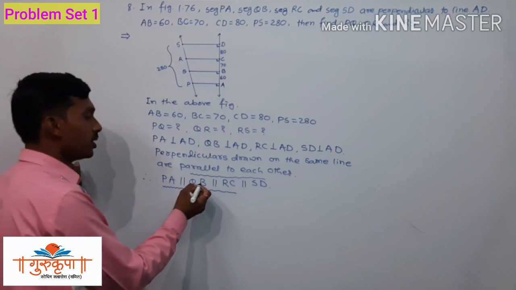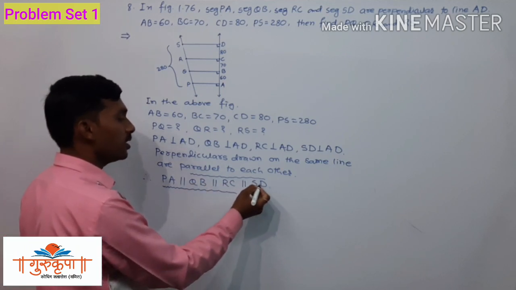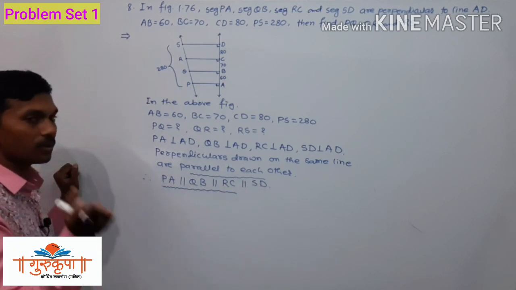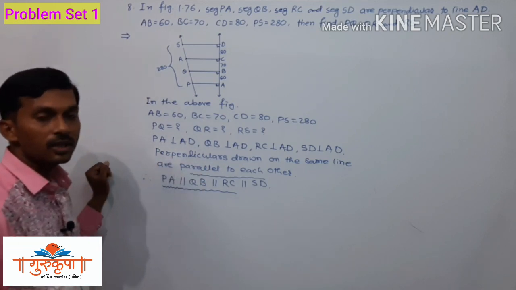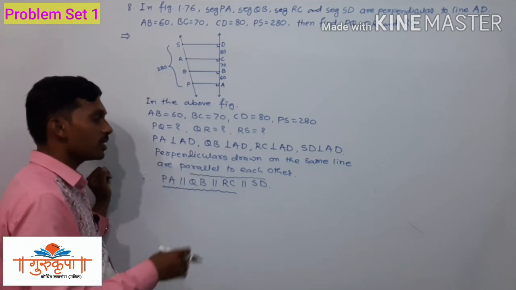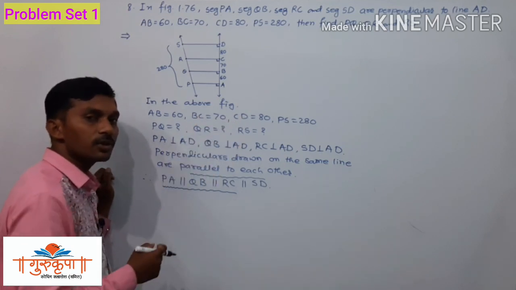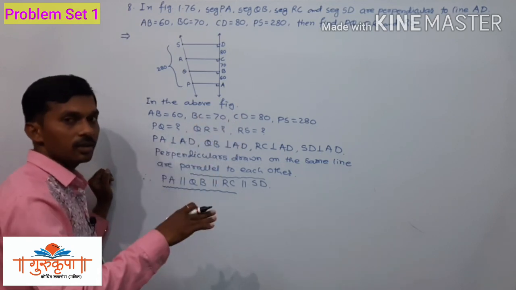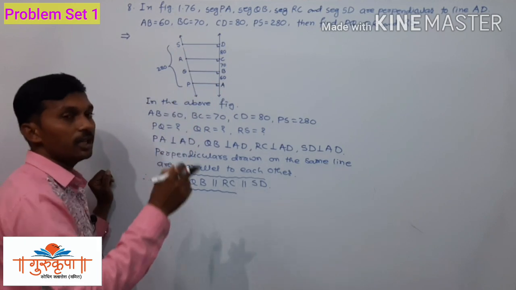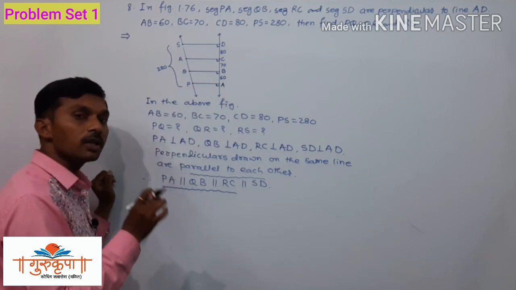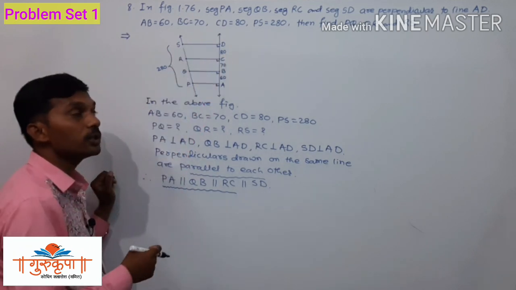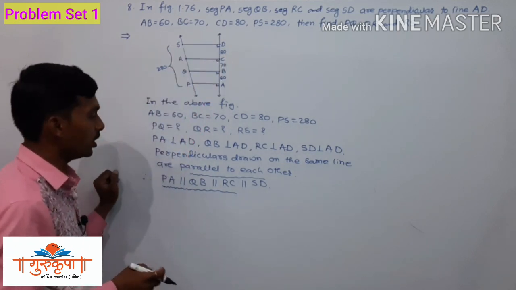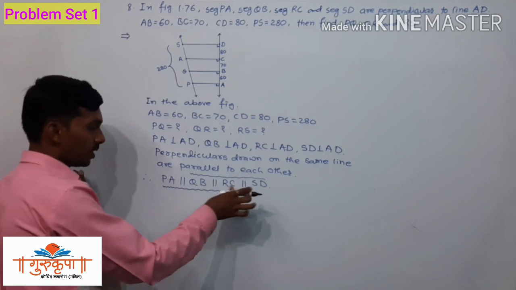Then we use the next three lines, that is QB, RC and SD, and again the same property, the property of three parallel lines and the intercepts made by their transversals, and we represent it as equation 2. Then from equations 1 and 2 we get a particular equation, and from that equation we find the values of PQ, QR and RS. So here first we will use these three parallel lines.